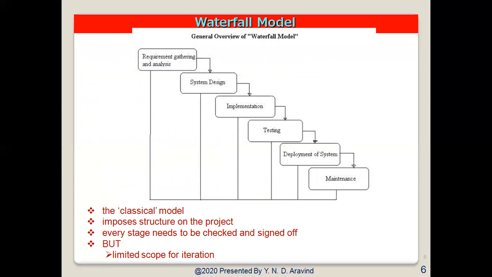What we can say is that the project we are doing is divided into sequential phases. Phase 1 consists of requirement gathering and analysis. Phase 2 consists of system design. Then the implementation phase, testing phase, development of the system phase, and maintenance phase. So these are the different stages. First, we need to divide the project into sequential phases with no overlap and with splashbacks acceptable between the phases.